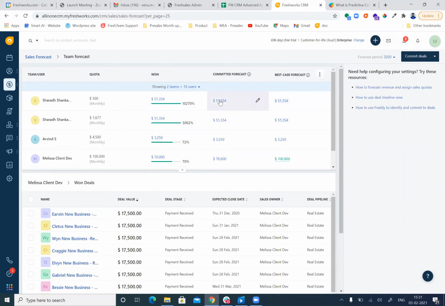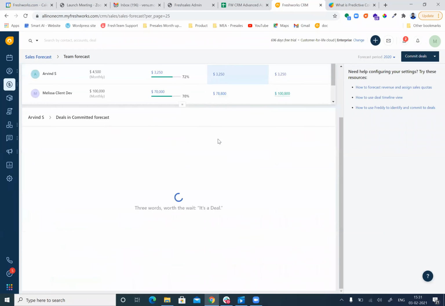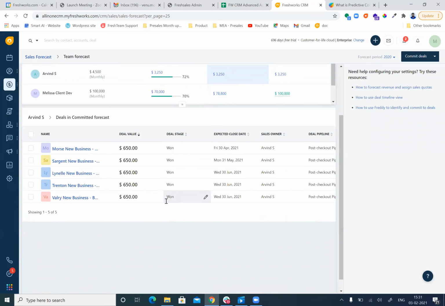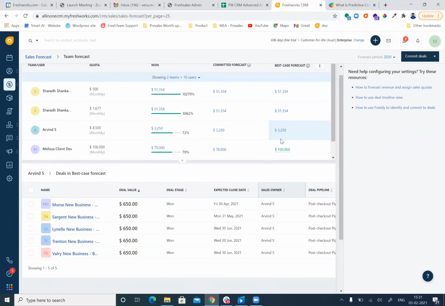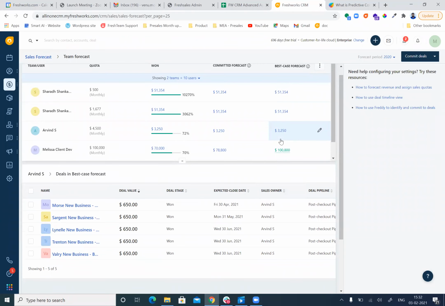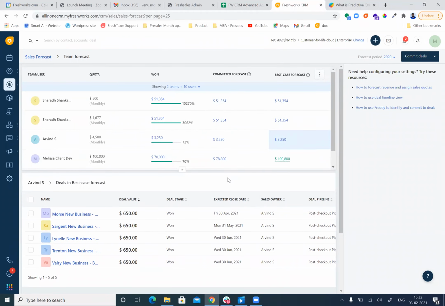It will show you their committed opportunities. This column represents the committed pipelines for the particular month. If you click on this number, you can see the opportunities they want to win for that month. And if you look at the other section here, these are the deals they have committed to close for the particular month. So you can see the closed deals as well as the few deals they have committed will get closed by the end of this month. Both options you can see as part of the sales forecast.